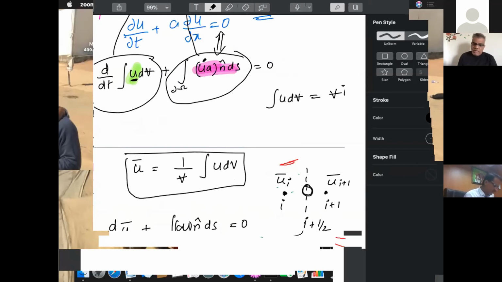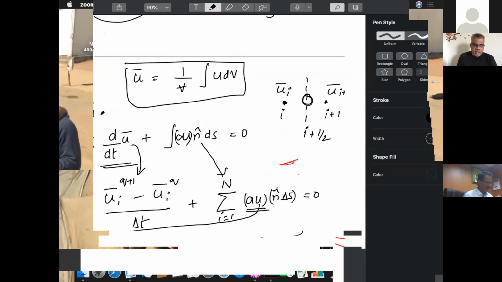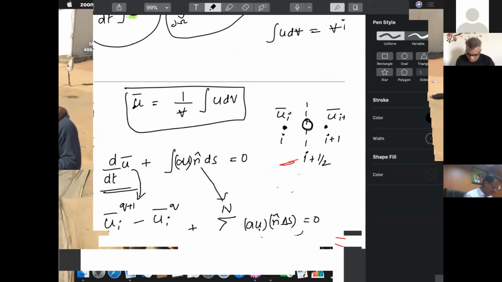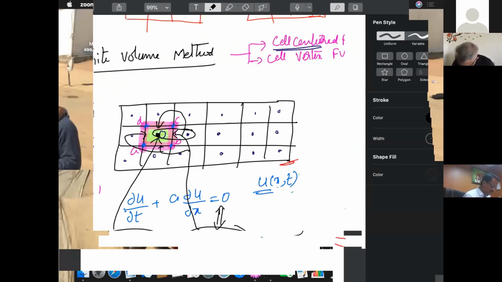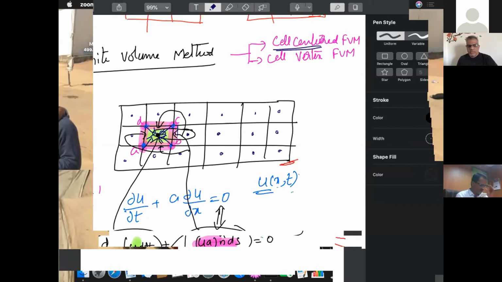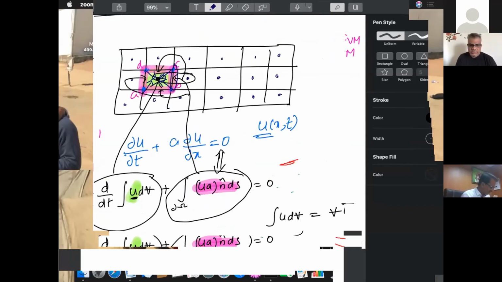However, in the cell vertex method also, you have the same thing. The time derivative is evaluated at cell centers, but you don't know the value at the cell center. So what you can do is, my U bar is the average of all the 4 points. So you can consider that the data is coming from all these 4 points. And on this surface, you take these 2 points into consideration and do the numerical integration. Use this as time evolution and this as spatial integration. So this complexity keeps on increasing.